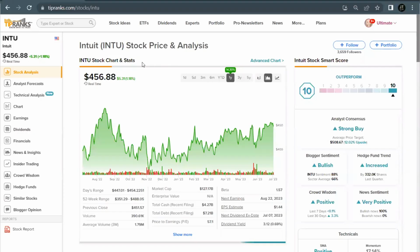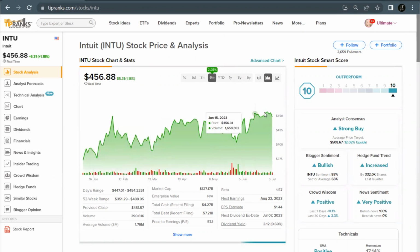Third up, we have INTU. Trading under the ticker INTU, their stock is priced at $456 per share. They've seen growth of 14% over this past year and have been up over 21% in the last 6 months. Intuit is a